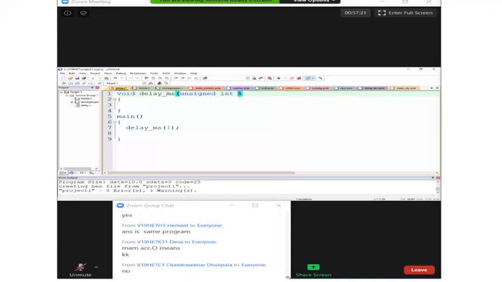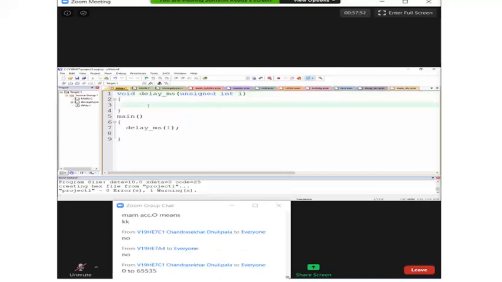No, very good. That is the reason why I'm going with unsigned here, so that the positive value range will be increased. Everyone knows the unsigned short integer range, right? Unsigned short integer range, what is it? 0 to 65,535. Very good. So it can hold any value from 0 to 2 power 16 minus 1. So your value can go maximum up to 65,535.